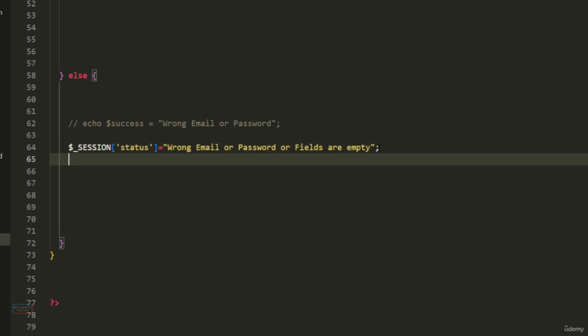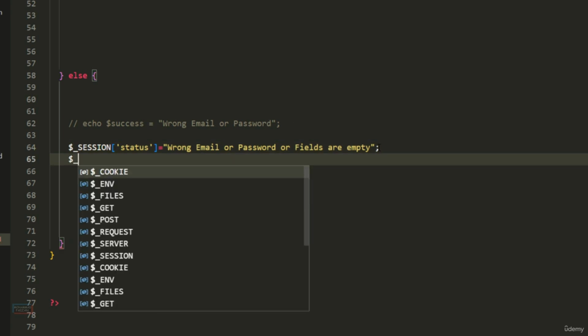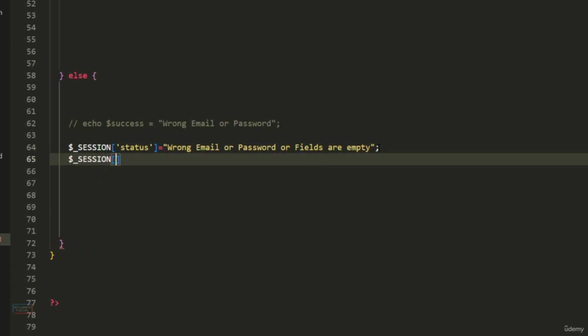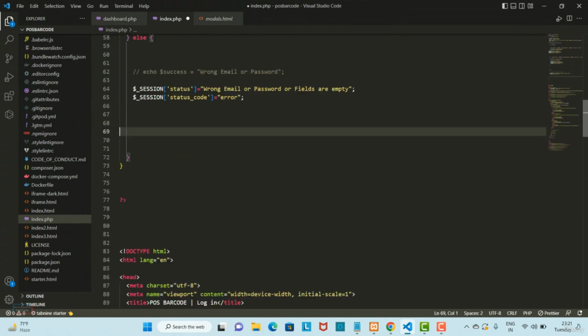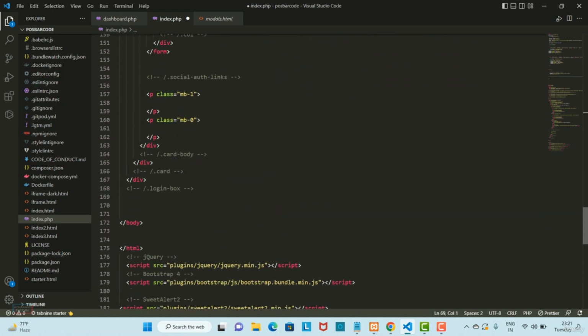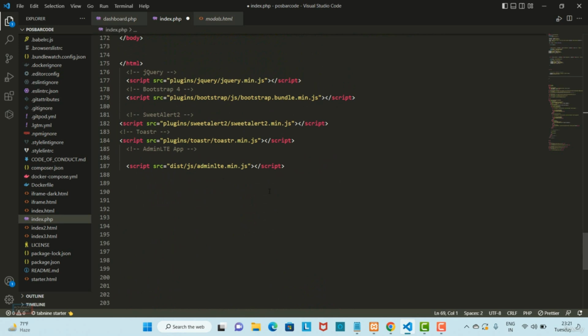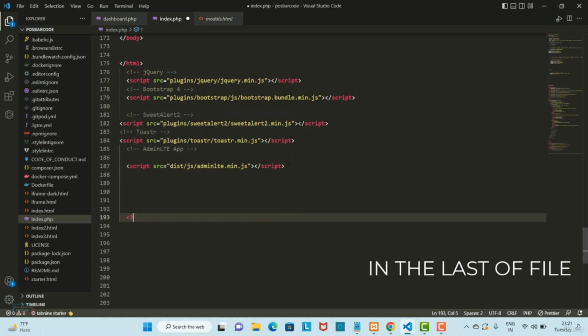This is the session variable, and just like this I can create another variable, and inside this I can give status underscore code. The status underscore code will be error. Now terminate this. Okay, so here I have created two session variables, and these session variables we use in our script code. And let's go back here, and here I can write code. Simple, I can write here the PHP,